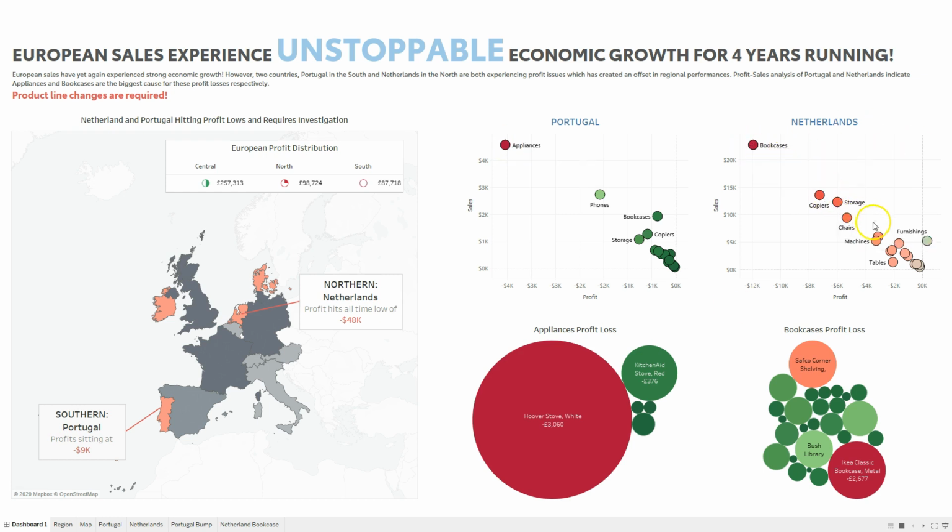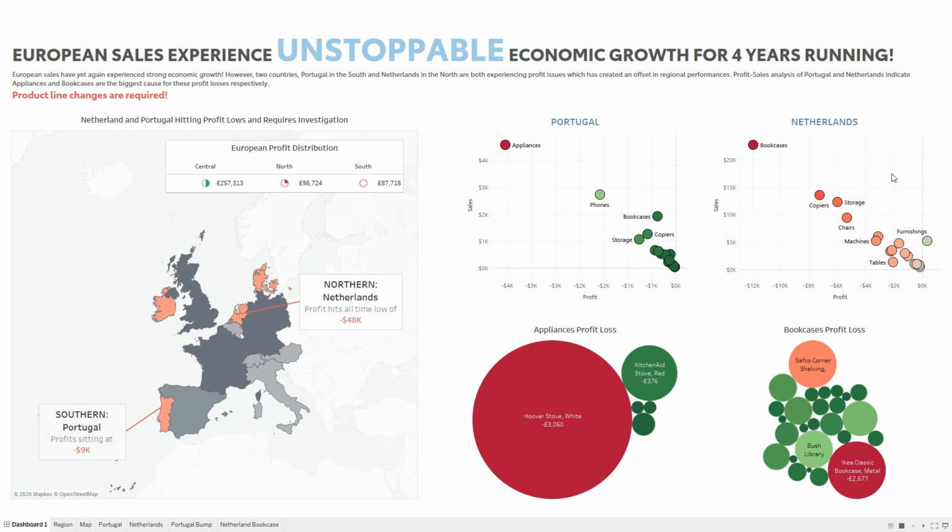If we look at the Netherlands, it's kind of the same thing, where you have bookcases. Now, in the business world, the professional world where I come from, I can only speak on that. Let's say how many categories here, right? Six categories that are all kind of in the red. We're not really going to take action on all six at the exact same time. You're going to have to strategize.